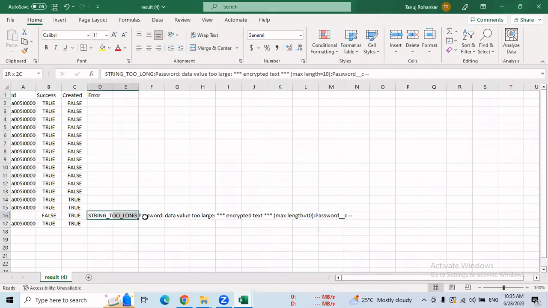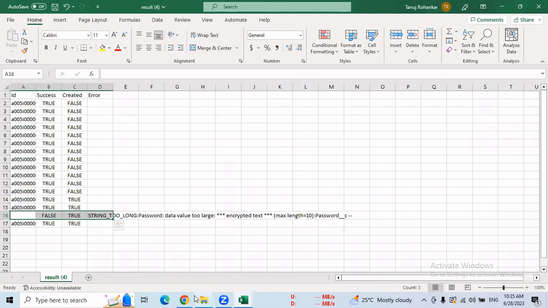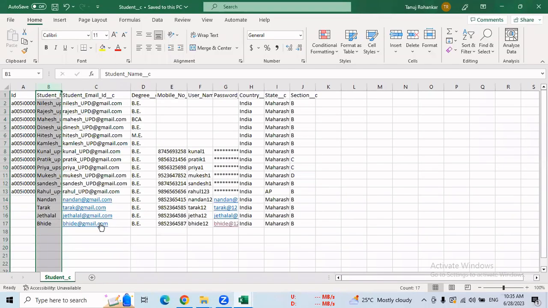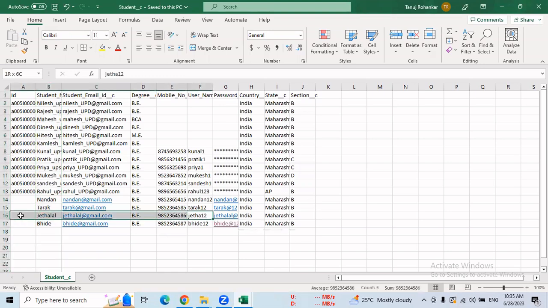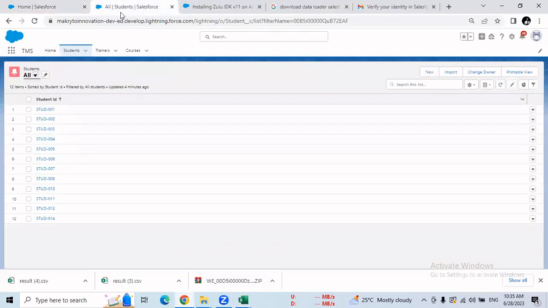Now you can see the string is too long for the password value. Okay. Maximum length is 10 होनी चाहिए and that error appears at the last but one. Okay, so you can go to ये last but one, यानी कि ये जेठालाल @123 दिस पासवर्ड इज टू लॉन्ग। इसकी वजह से जेठालाल छोड़ के नंदन, तारक और भेड़े की एंट्री हमारे डेटाबेस में हो गई होगी।